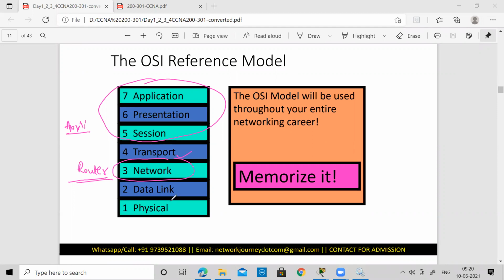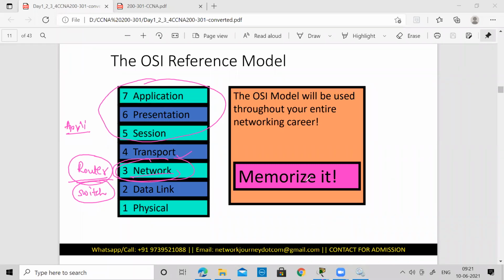So the remaining 5 layers, the names are just a little different: host to host, internet layer. They don't say network layer in TCP/IP, they say internet layer, and accordingly the names are just different. So when you come to a router or a switch, a router is a layer 3 device. We have a switch which works with layer 2 as well as with layer 3.